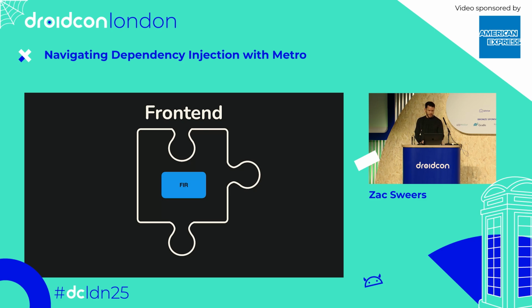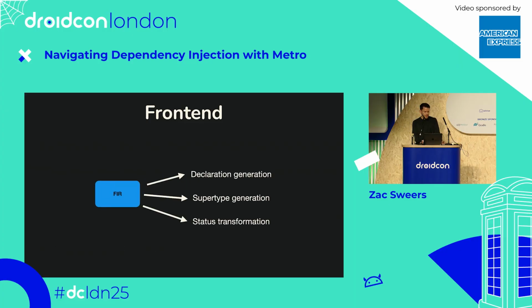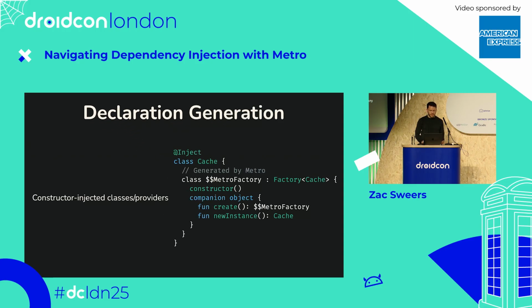Metro does 3 types of mutations in FIR. We've got declaration generation, we have super type generation, and we have something called status transformation. Metro generates a lot of different types of declarations. Constructor-injected classes or providers get generated factories that graphs call to create instances. Here we end up getting